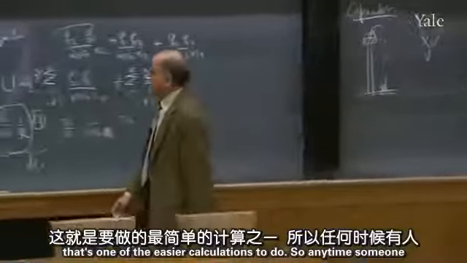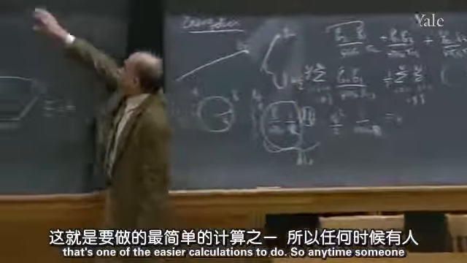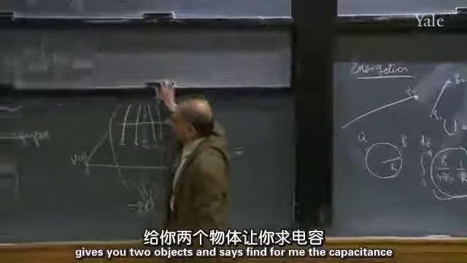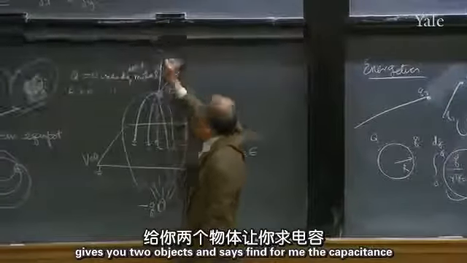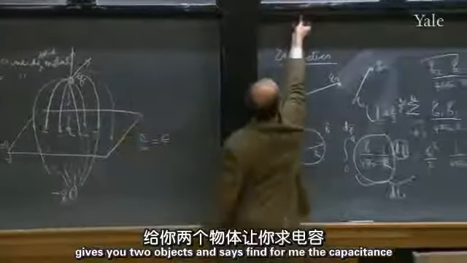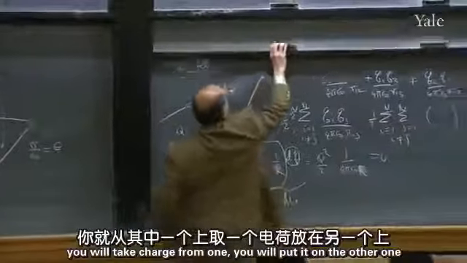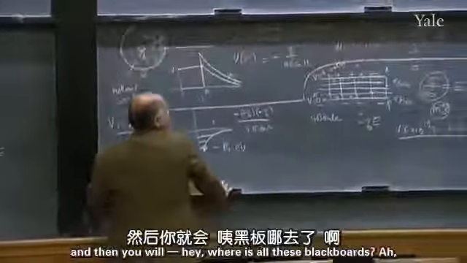So that's one of the easier calculations to do. Anytime someone gives you two objects and says, find for me the capacitance, you will take charge from one, you will put it on the other one, and then you will